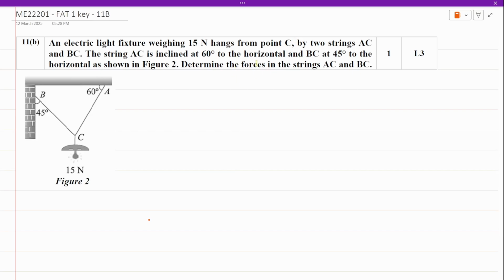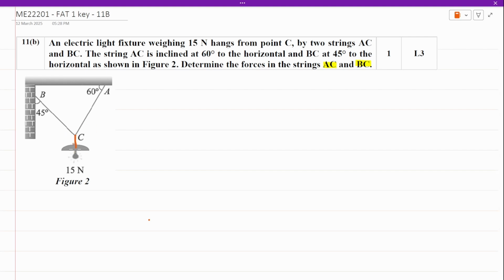The question is, they are asking you to identify what is the tension in AC and BC. So AC is what is the tension in this string, and what is the tension in this particular string. So if I want to draw a free body diagram for this figure, so you have a weight which is